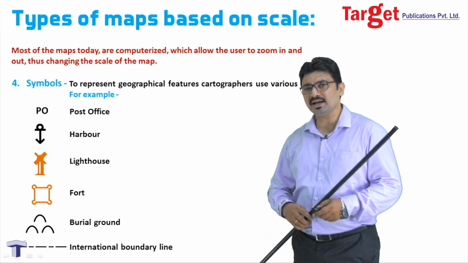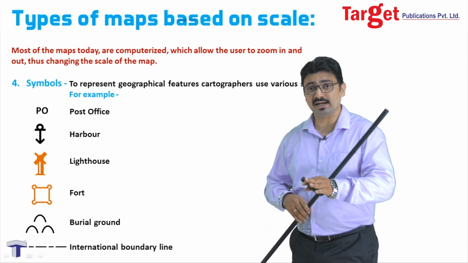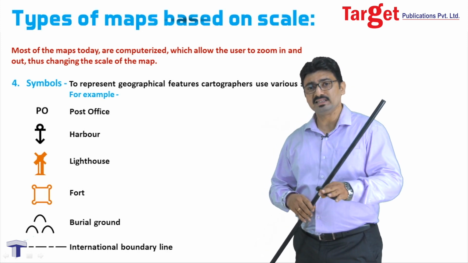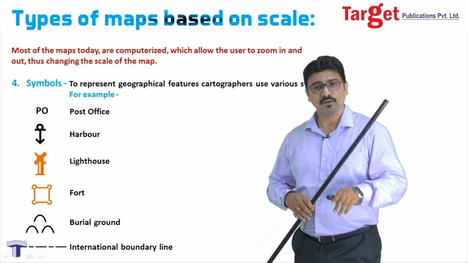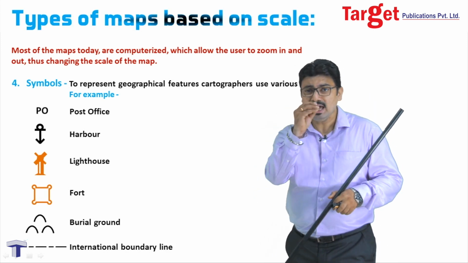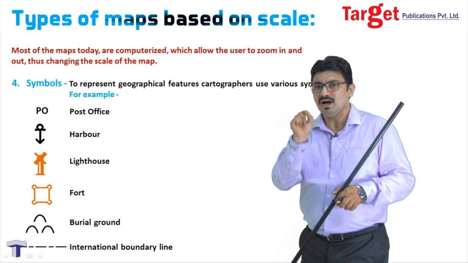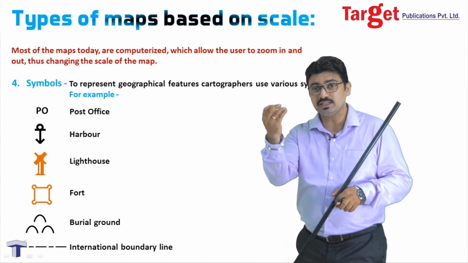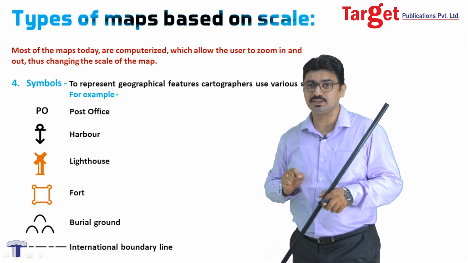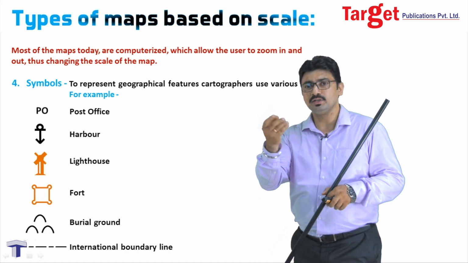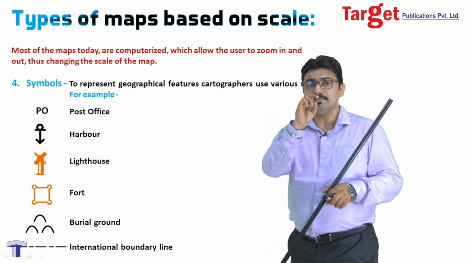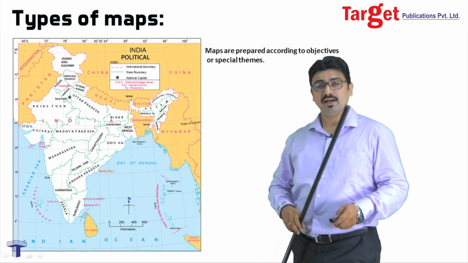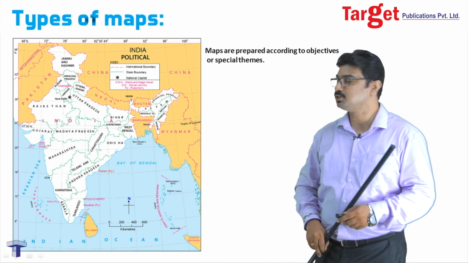So, such symbols are mandatory to be used and are pre-decided. For features whose symbols have not been pre-decided, you may use a symbol which is appropriate. For example, to show an airport, you have to draw a small shape of an aeroplane. To show houses or settlements, you will be drawing a small hut shape. For showing, say, crops, you show one small crop in the design of a crop. Alright, these should be simple symbols but indicative of that feature only. That's why I said symbol is an important aspect in showing a map.